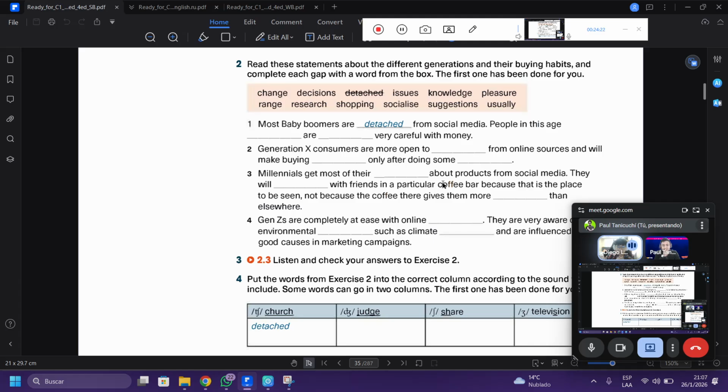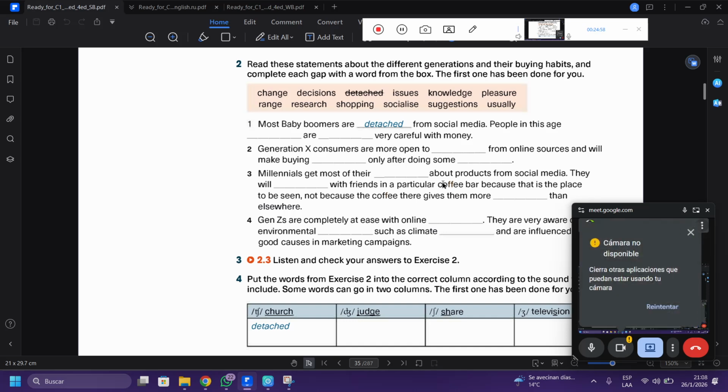People in this age are... I think it is range. People in this age range are usually very careful with money. It is very common for these people to be careful with money.